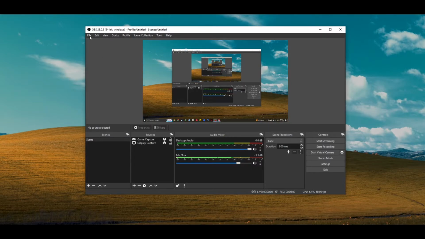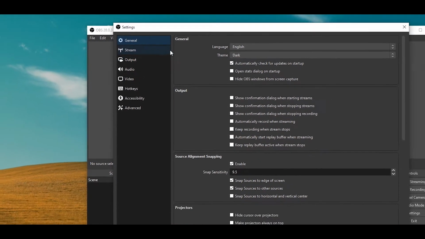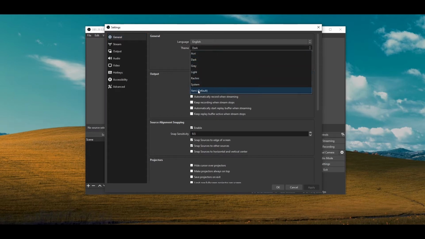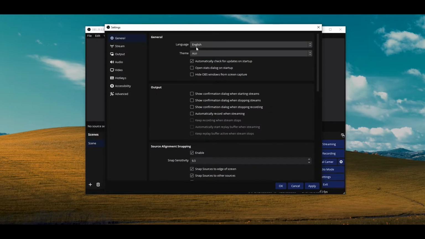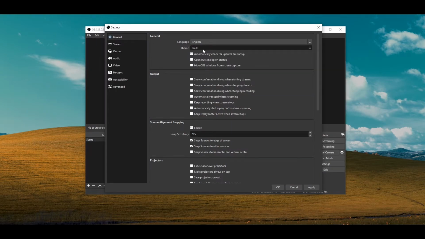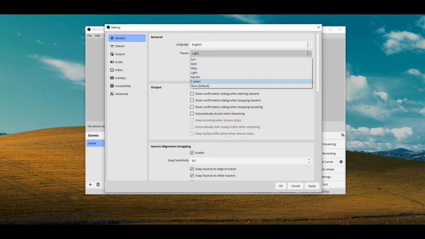Next thing, we need to go into the settings. So we click on file and click on the settings option. And over here we will have some basic settings. This is the general settings. You have your language, you have your theme. Within theme, you have a bunch of different options. You can choose whichever one you want. This is the default theme that now comes with OBS, but I prefer the darker version. You also have the gray and light